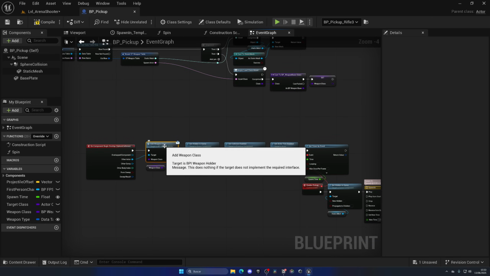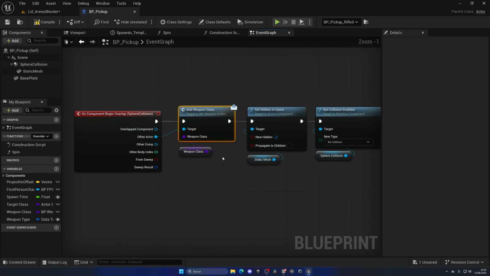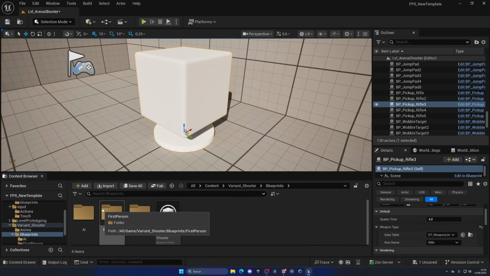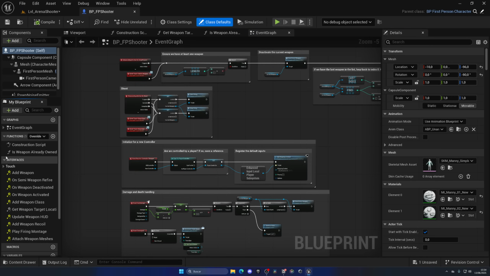So now, as you can see, we call this add weapon class, but it brings us to here. This is because we're using an interface, and interfaces allow us to communicate with different actor classes without having a direct reference to that class, which is way more optimized and just organized because we can use it across multiple classes. So if I go right ahead and open up the blueprint for our first person shooter, we can go to interfaces,